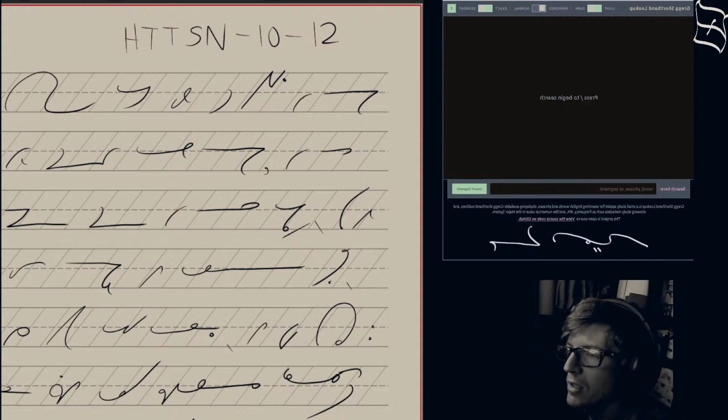Okay? I am currently using Gregg Anniversary Shorthand, and the book that I am copying as a demonstration of the skill of writing is the wonderful book by Sönke Ahrens called How to Take Smart Notes. How to Take Smart Notes by Sönke Ahrens.